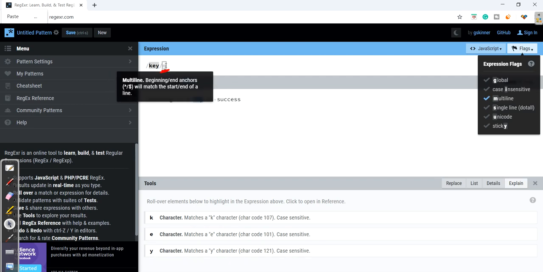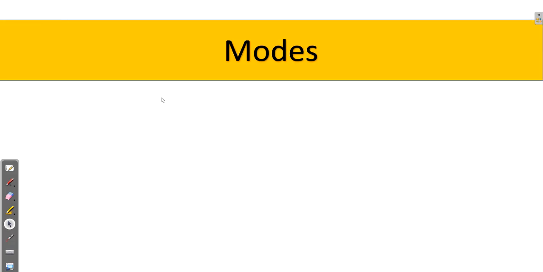We will get to know their usage in some time, but for the time being, these are the flags, and they indicate different modes that we use with our regular expression. For now, I'll turn off all the flags. What do those different modes mean? Let us know one by one.